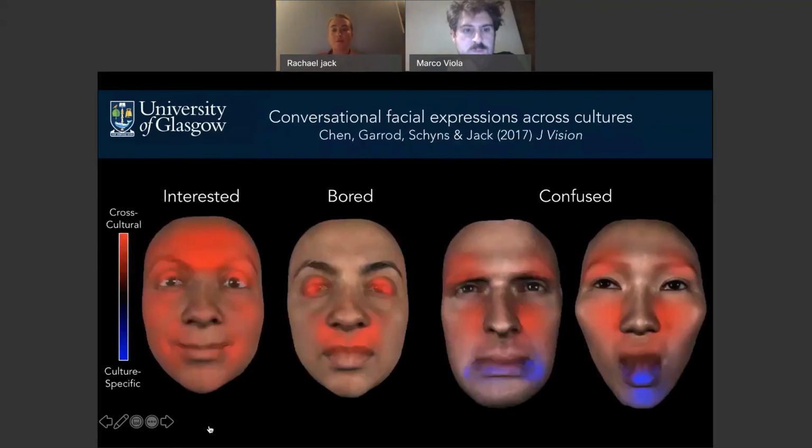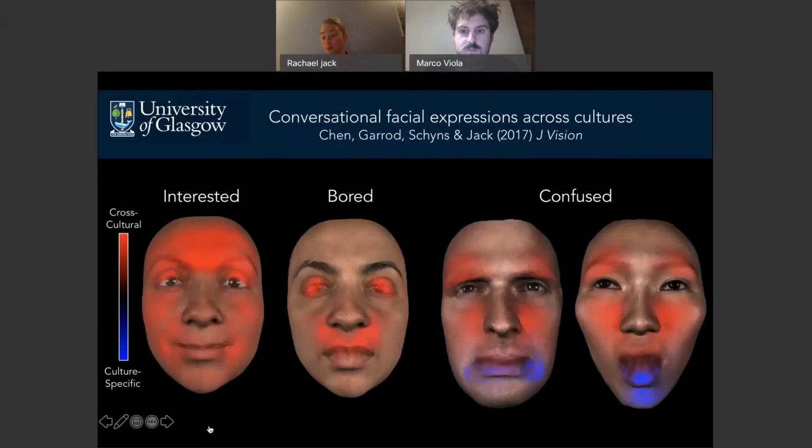Okay, so I've shown you quite a lot about how we've used this method to look at facial expressions of emotion. But as mentioned before, there are a lot of other social messages that facial expressions can transmit. A lot more than emotions, definitely a lot outside of emotions. So conversational facial expressions like interested, bored, and confused are used much more daily than your usual set of emotions. So here what we did is that we modeled facial expressions of these conversational messages, and then we analyzed